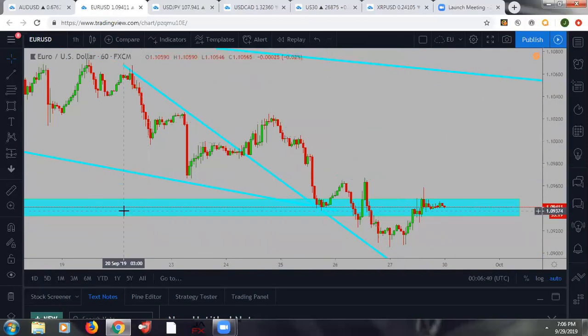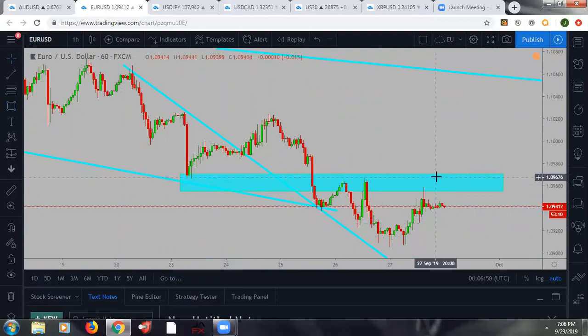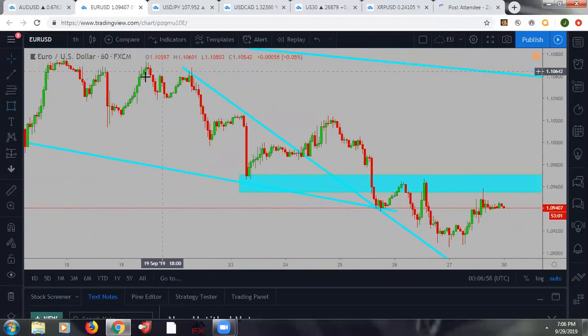So for you to get into this trade, let me delete this just to give you guys a very clear picture of what you would need to wait for: a breakaway from this resistance zone. That's what we need, a market to break away from this and potentially hit TPs upwards in this direction, meaning that its previous support and resistance zone that is highly probable to stop at is within this general